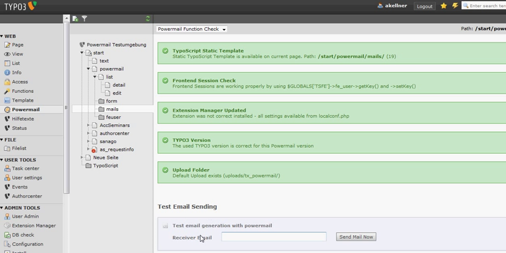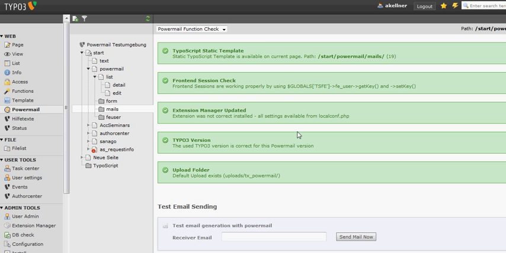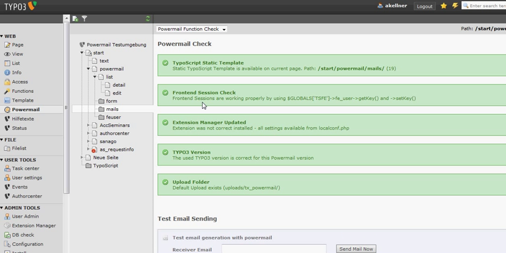And last but not least, there is a small test form using the same mail engine as the front end. You can send yourself a test mail and can check if the Swift mailer works or not. So I think that is the main stuff for now, and in my next video I will show you